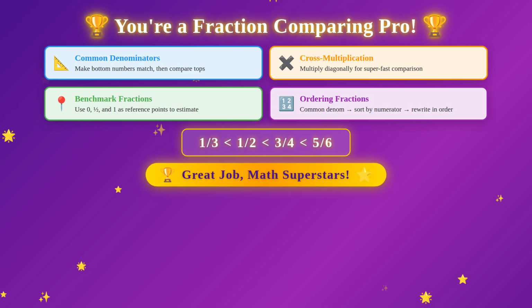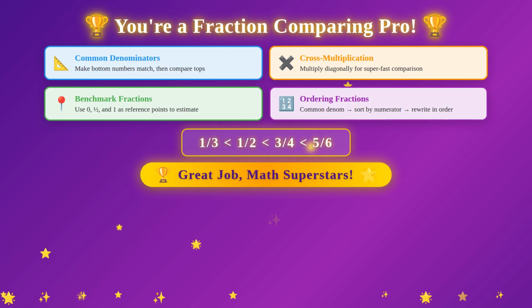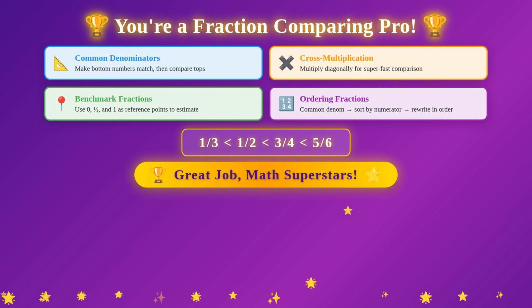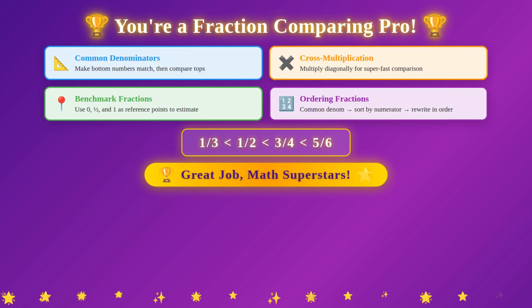Let's recap everything you've learned. Strategy 1. Common denominators. Make the bottom numbers match, then compare the tops. Strategy 2. Cross multiplication. Multiply diagonally for a super fast comparison. Strategy 3. Benchmark fractions. Use 0, 1/2, and 1 as reference points to estimate quickly. And when ordering multiple fractions, convert them all to the same denominator, sort by numerator, and rewrite in order. You have 3 powerful tools now. Practice these strategies with your homework tonight,